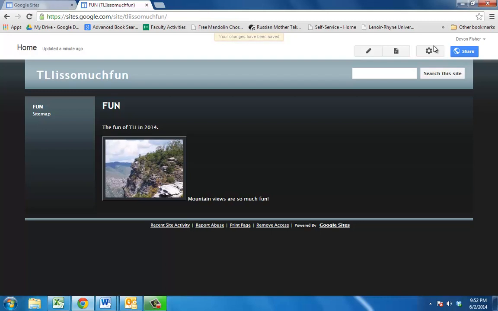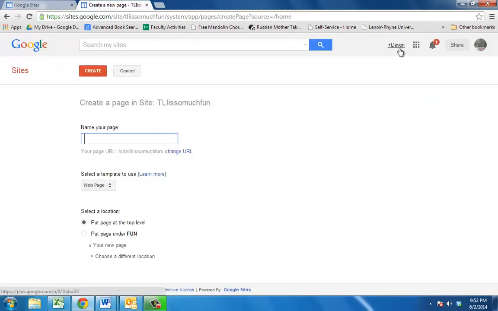There may be occasions where you want your students to create websites that have only one page, but you probably want to know how to create other pages to go in your website. To do that, you come here to the New Page icon. And we need to think of something else that is fun. I think eating is fun, so I'm going to put dining in here. We're going to leave it as a web page. And now we get to choose, do we want to put this as a top-level page, or do we want to put it as a sub-page of fun? For the moment, I'm going to leave it as a top-level page. And we'll create,